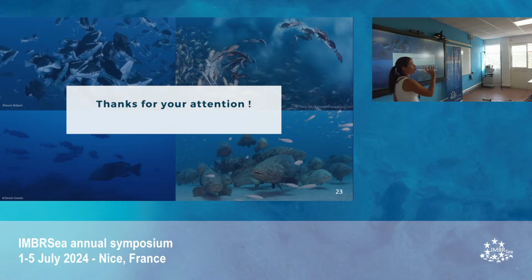So fishing on spawning aggregations, unfortunately, is one of the major causes of the depletion of long-lived, high-value species, and it happens all over the world, not just with groupers, but with the snappers and high-value sea breams and stuff like that. So it's important to protect these spawning aggregations. I have a bunch of questions.